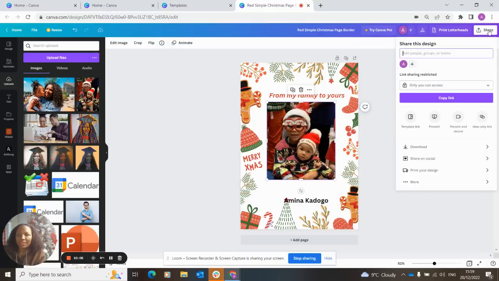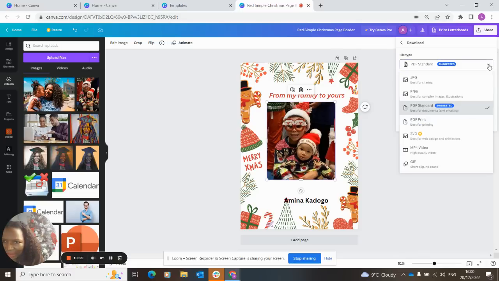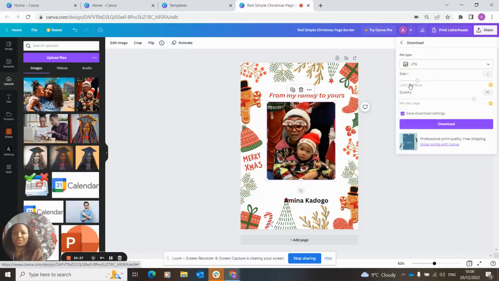I'm gonna go on share, and then by sharing, I will select. I want to share it, I want to download it. So that's how I want to share it. And how do I want to download it? I don't want it as a PDF. I want it as maybe a PNG or JPG. So I'm going to select the JPG. Yeah, so you can choose the format that you want your download to be in. So I've chosen the JPG, and I'm going to just download